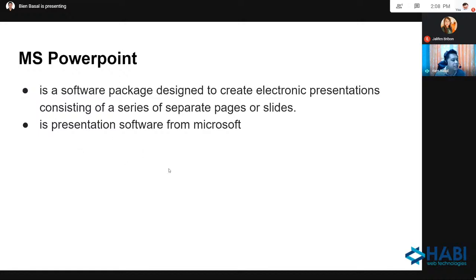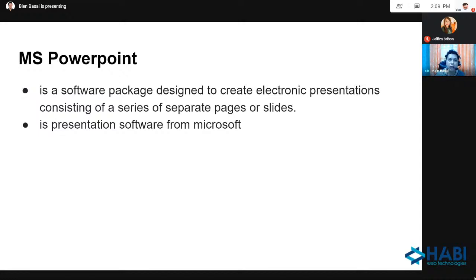Okay, so what is MS PowerPoint first? MS PowerPoint is a software package designed to create electronic presentations consisting of a series of separate pages or slides. Or MS PowerPoint is a presentation software from Microsoft. So we're very familiar po sa MS PowerPoint, no?